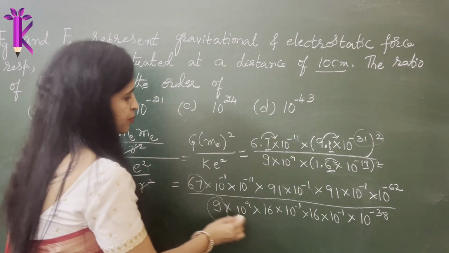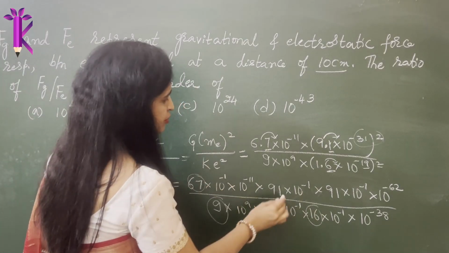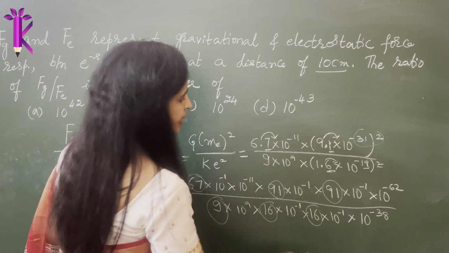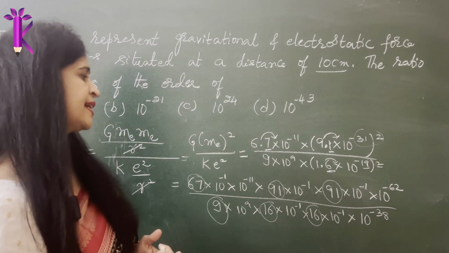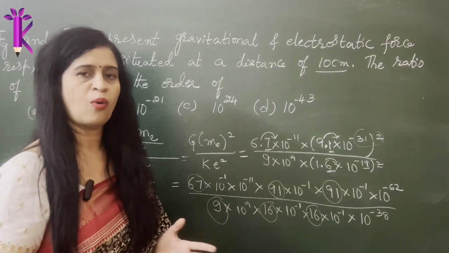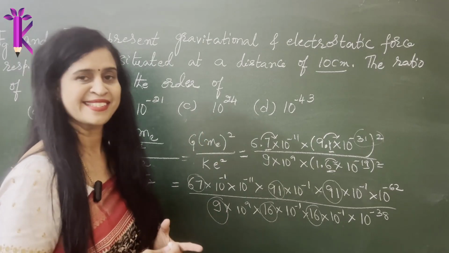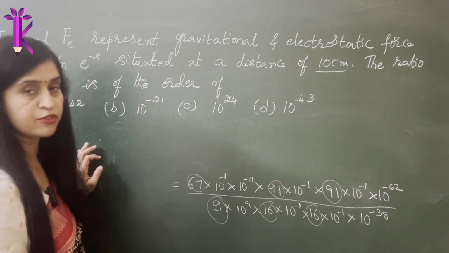We don't need to bother about these things. We only have to simplify the powers, right? Only be bothered about the powers. Add the powers in the numerator and the denominator, and then do whatever is required to find the answer. I hope you are able to do it. If not, here's the reveal.